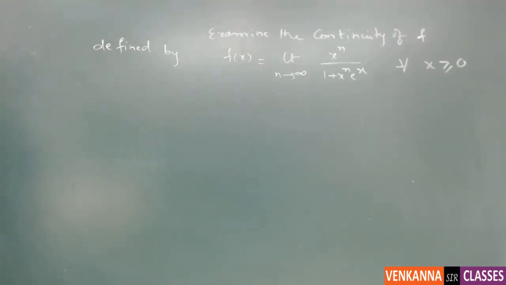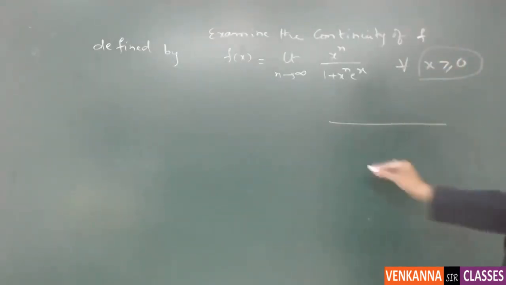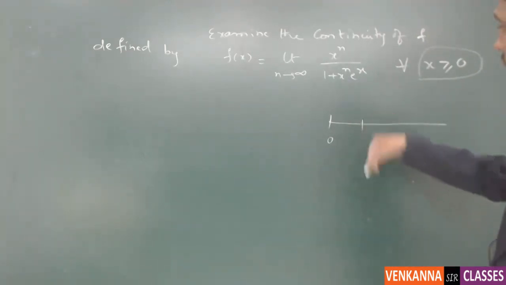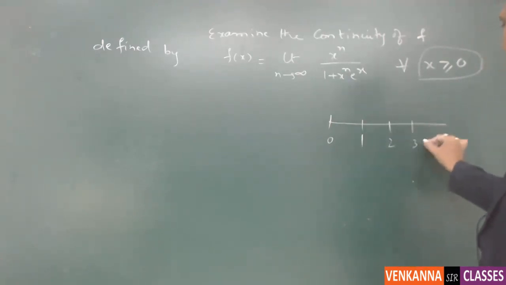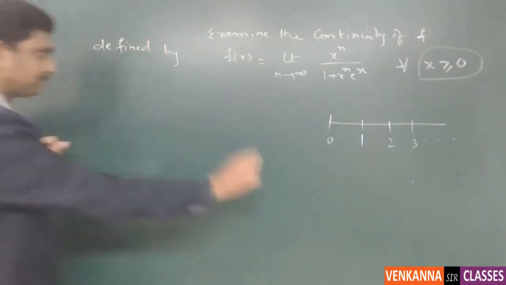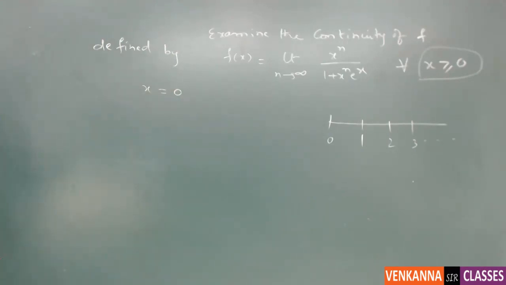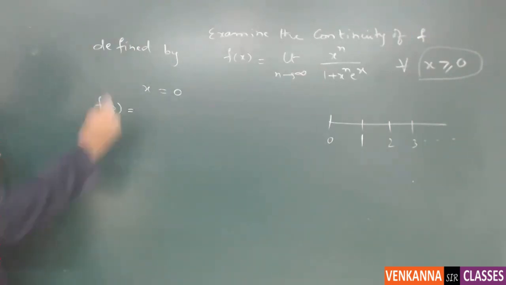So, on observing the pattern of the function, since you are verifying from 0 onwards, we should verify at 0, we should verify 0 to 1, 1 to 2, 2 to 3, and so on. At every real number, we should verify whether the function is continuous or not. So first of all, let us take that x is equal to 0. Then what happens? If you put, f of 0 is nothing but